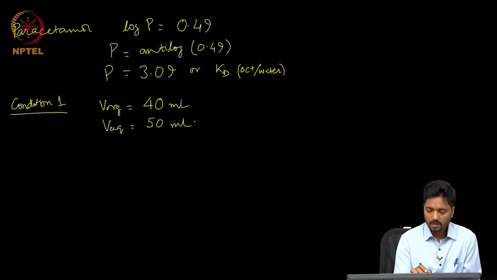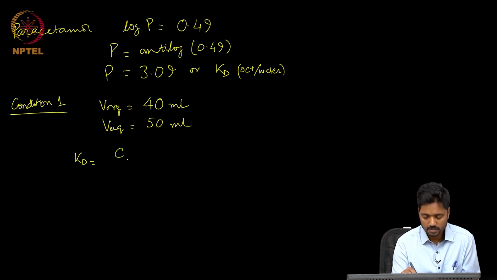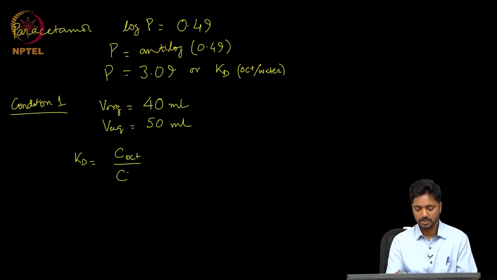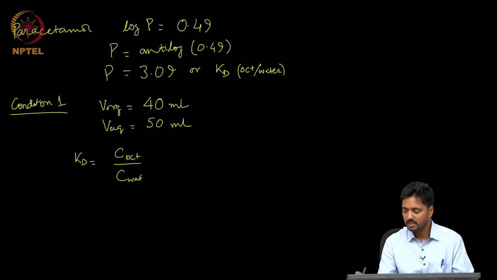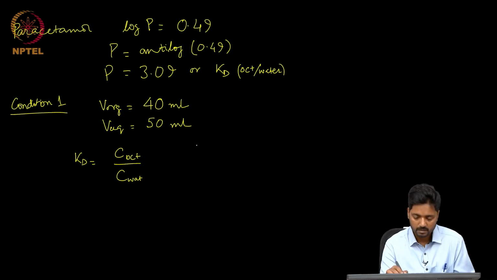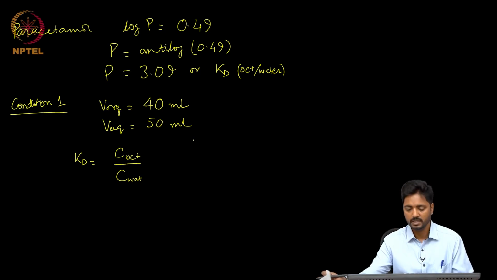Now, Kd is defined as the concentration of PCM in octanol by the concentration of the drug in aqueous medium or water, and this will depend upon the mass that gets transferred into